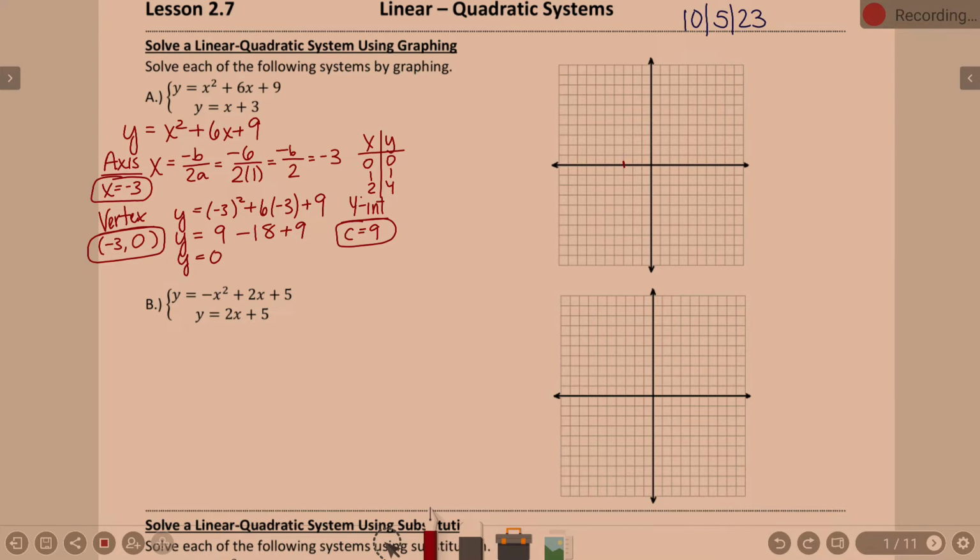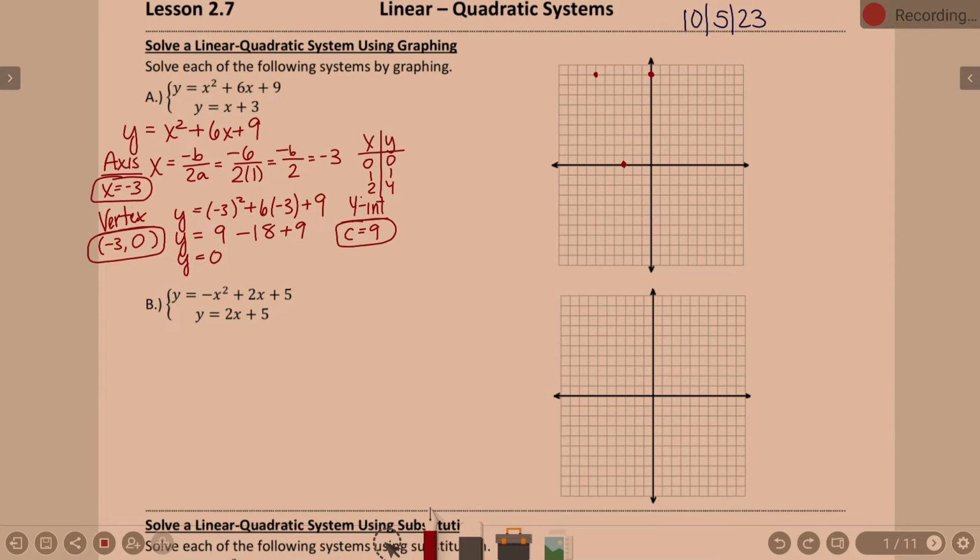The vertex is at -3, 0. Officially, the y-intercept is at 9. If you're just looking at y-intercept, the y-intercept is at 9. If we have this y-intercept at 9 that is how many to the right? 3 to the right of the vertex, then we need an equivalent point, 3 to the left, or